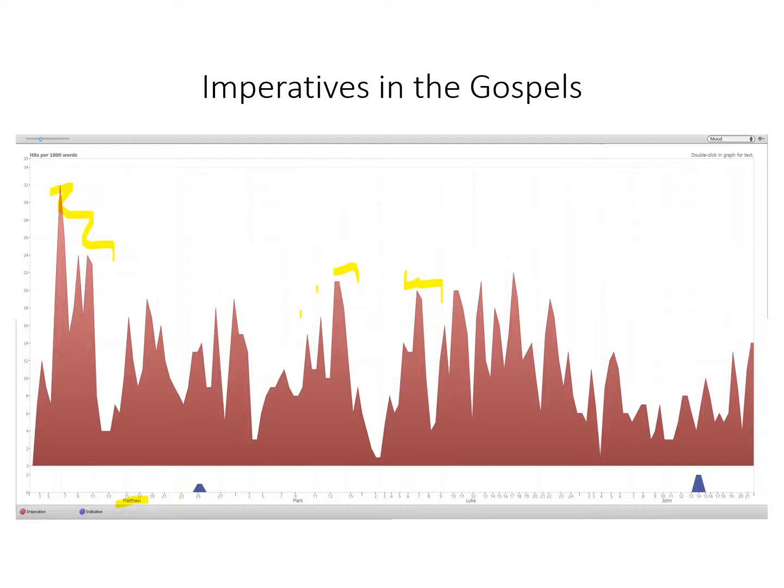discourse paralleling along with Matthew 24 and Luke 21, the Olivet discourse there, where Jesus is talking about the temple in the future, many imperatives there, and you can see those. Having Bible software helps you to pull this up. I pulled this chart up in 20 seconds, and you can see patterns, and that can be so helpful for